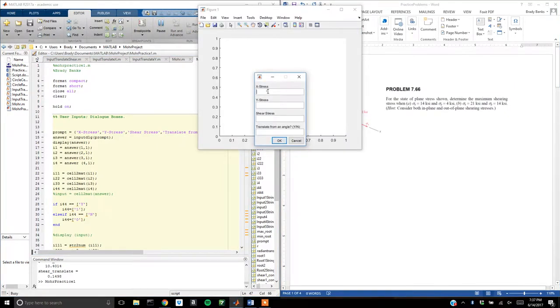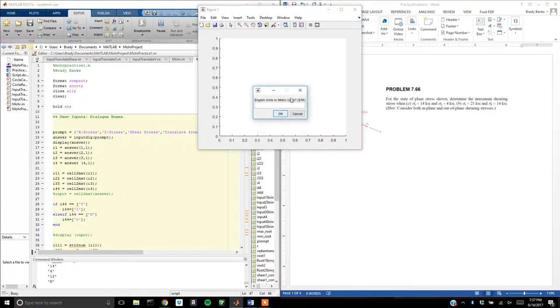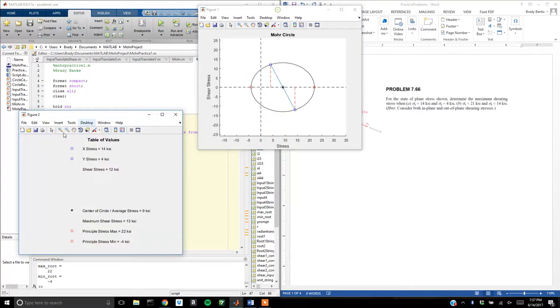And it's going to pop up immediately, ask for the x stress, which is 14 ksi, y stress is 4 ksi, shear stress is 12 ksi, and we're not translating from an angle, so we're going to type N for no, hit OK. It's going to ask us English units or metric, and we're using English, ksi. It's going to ask psi or ksi, ksi, okay, and then it's going to give us a table of values and